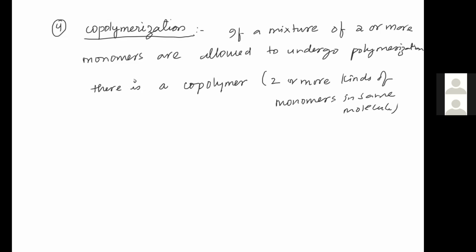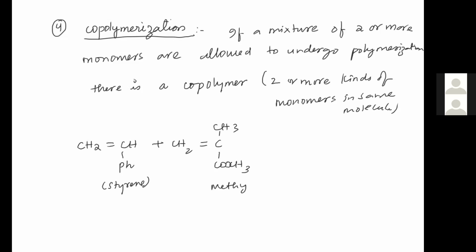For example, CH2 double bond CHPh is styrene. If it is combined with CH2 double bond CCH3 COOCH3, it is methyl methacrylate, and you added some initiators like some peroxide, you're going to have